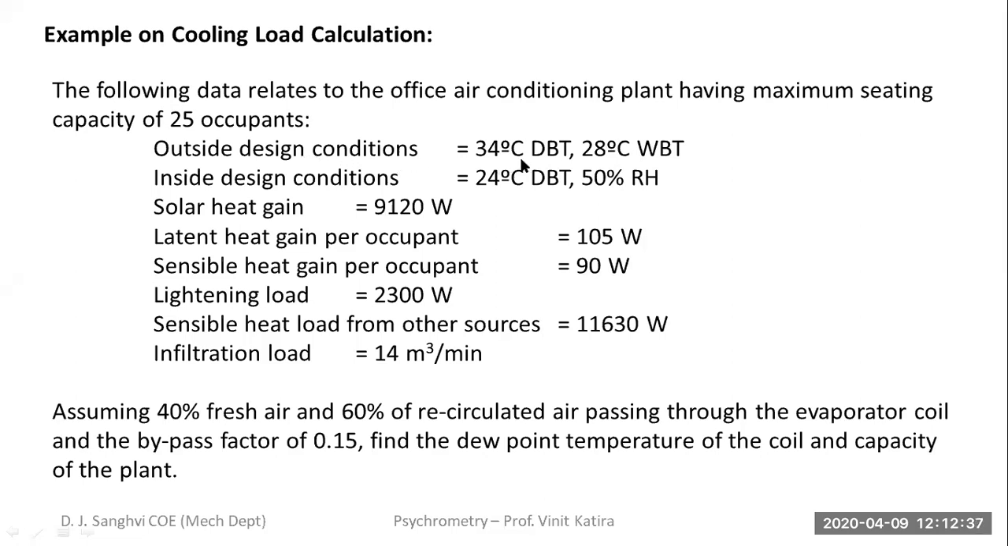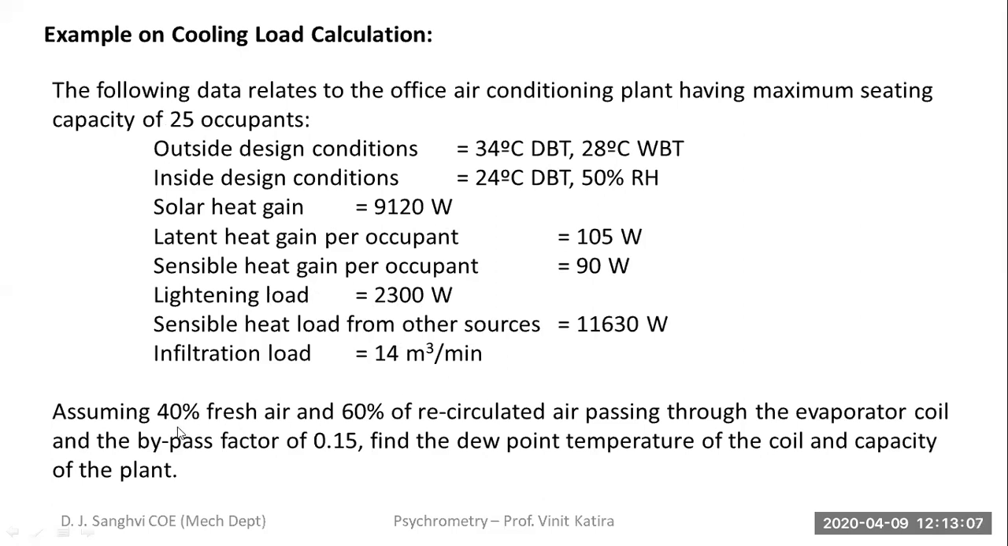The outdoor design conditions are given: 34 dBT and 28 WBT. The indoor design conditions are 24 dBT, 50% RH. Solar heat gain is given. Latent heat gain per occupant is given. Sensible heat gain per occupant is given. The number of occupants is given. Lighting load is 2300 watts. Sensible heat load from other sources is given, and infiltration load, the infiltration flow rate is